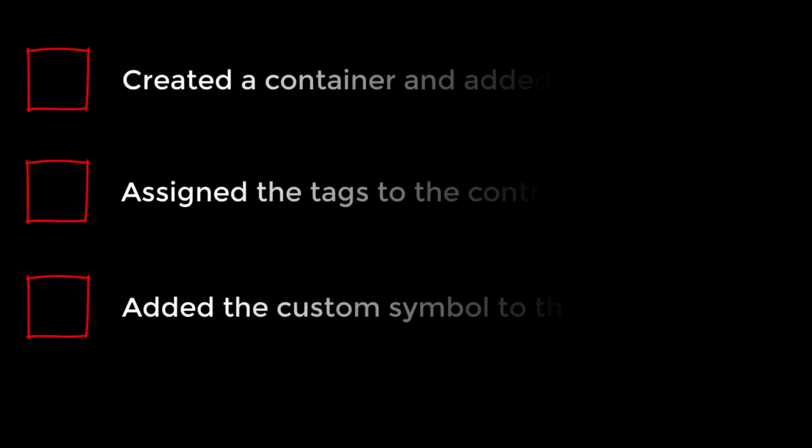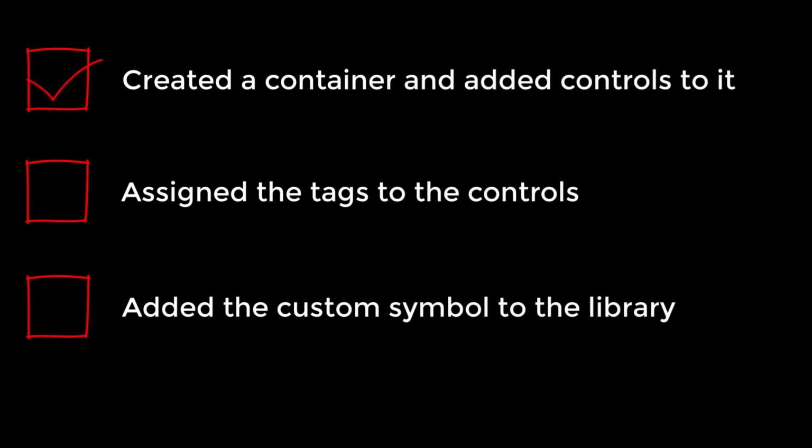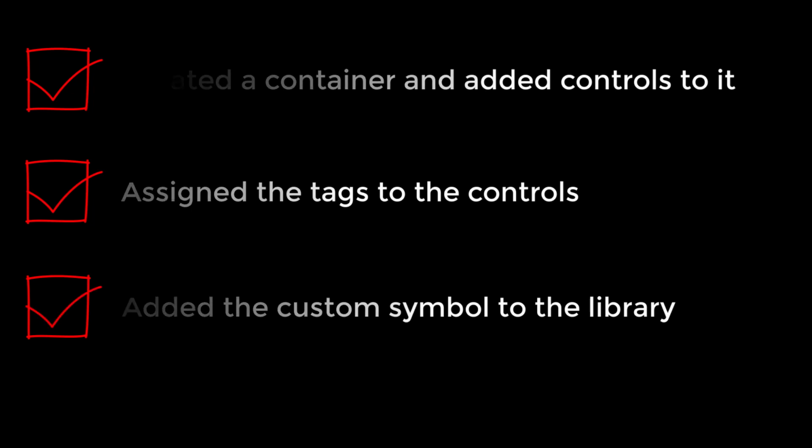So to recap, we have created a container and added controls to it. Assigned the tags to the controls. Added the custom symbol to the symbols library. And there we are. You can now create custom symbols